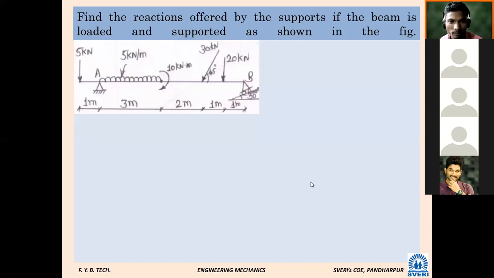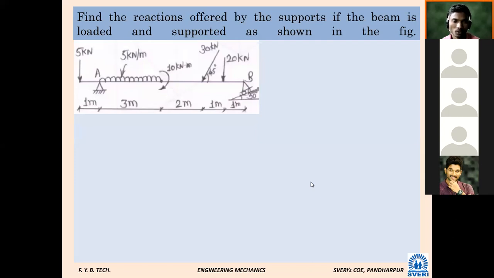So at A and B the beam does not end; the beam still continues. On which side, A or B? A side. After A also the beam is there. So the beam has not ended at the support. After the support also the beam is present. What is the force applied on the overhanging part? 5 kilonewton is the correct answer. That's why it is a type of overhanging beam.